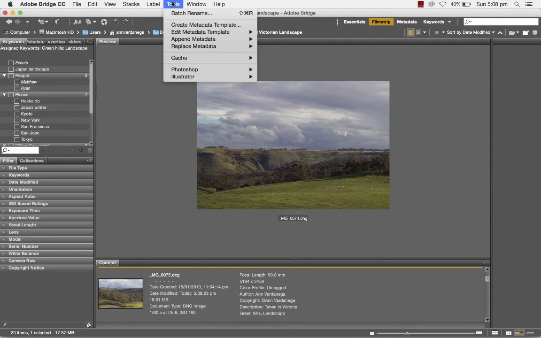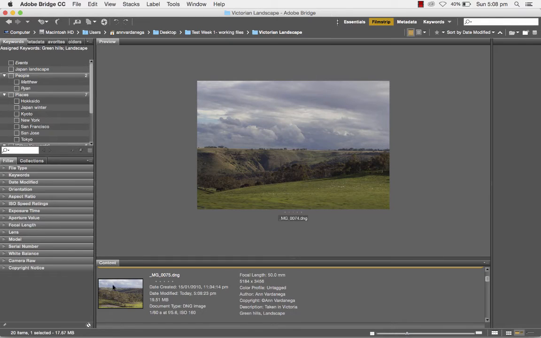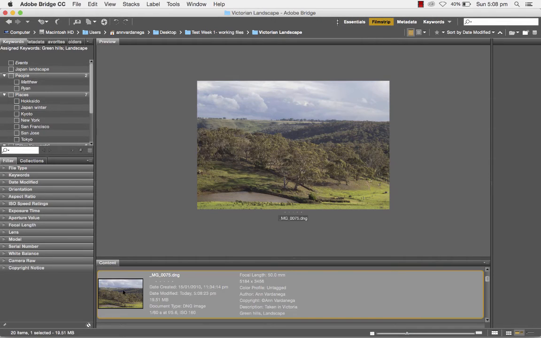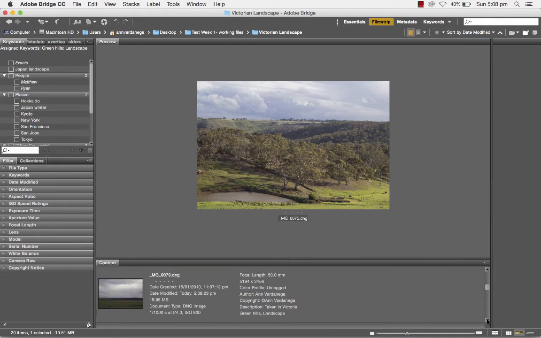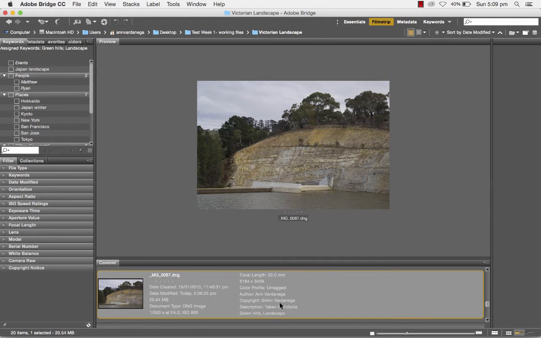Okay. So if I'm appending the metadata, it's the same as applying it. Okay, so always, doesn't matter where my file goes, it's always going to have this information taken, which is wonderful because as you progress, you'll have hundreds, thousands of files, and I forget where I take some of these images sometimes, and it's just easy to have that information taken in